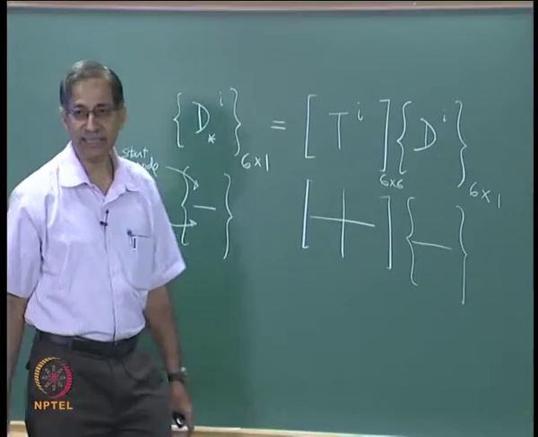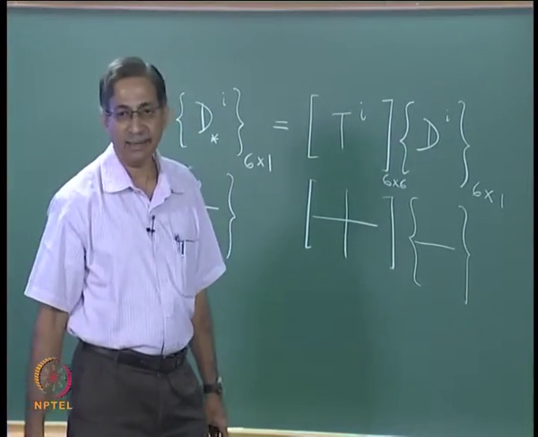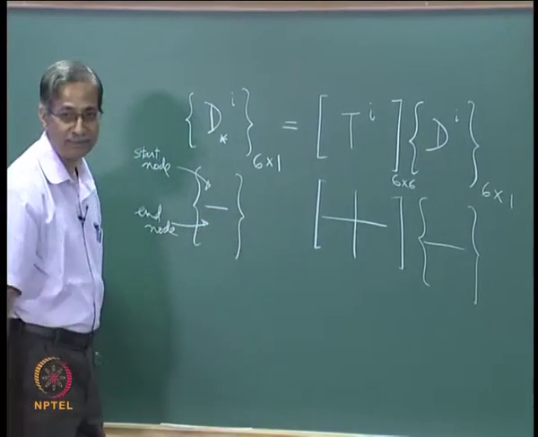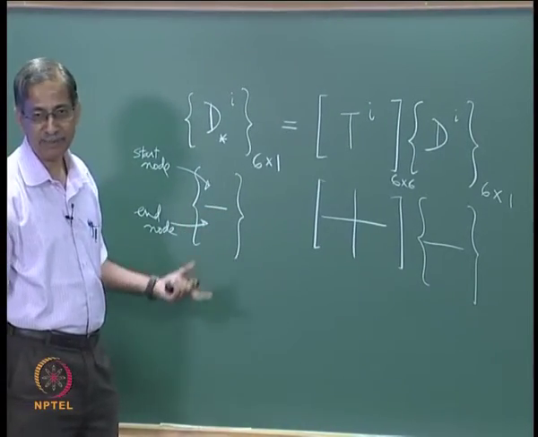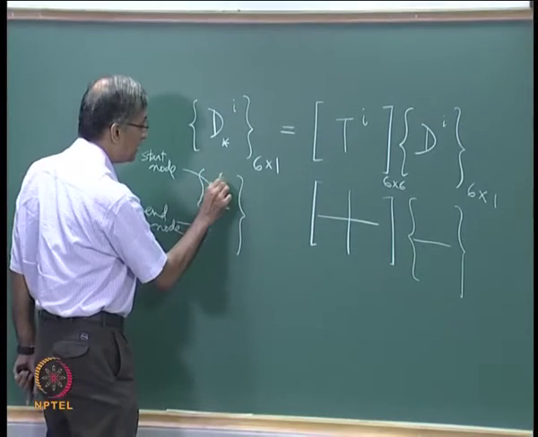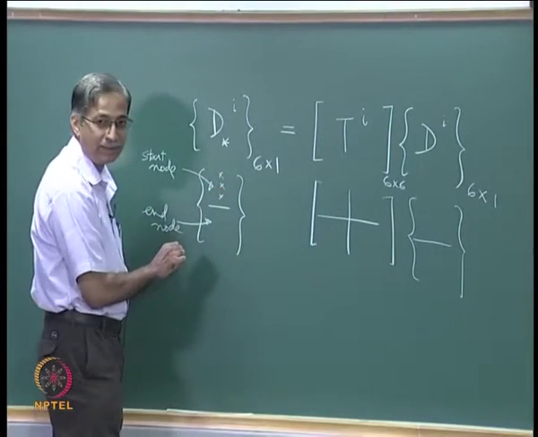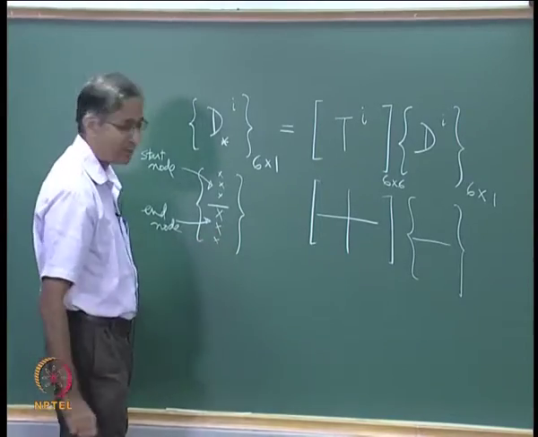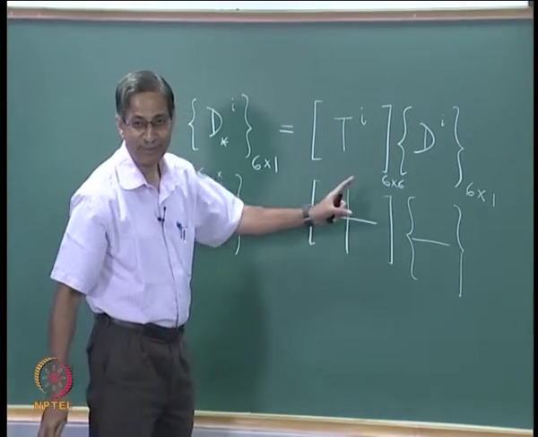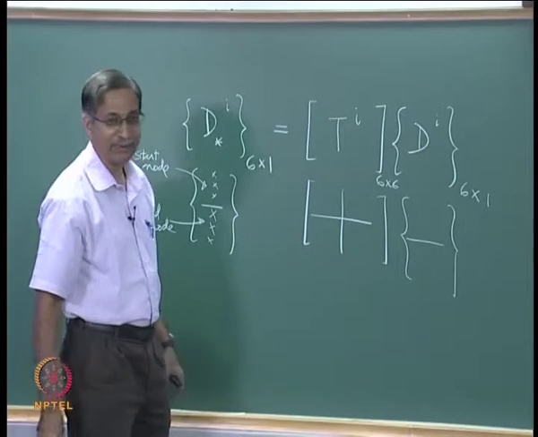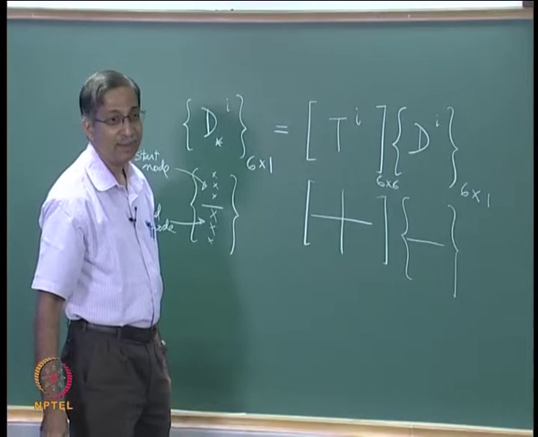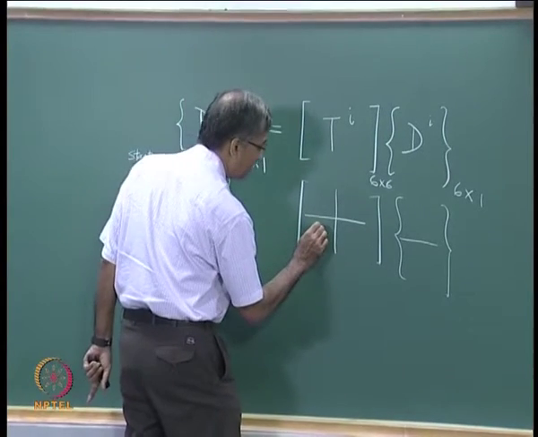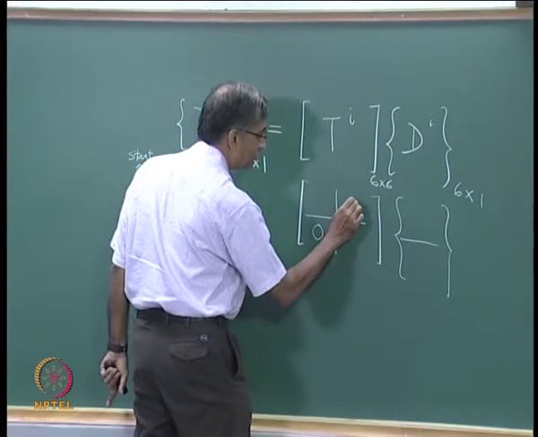Because you are following a stiffness formulation, will there be any relationship between this and this? They are independent. Actually, this is independent with this, and this whole thing is independent with these. So you will get some zeros somewhere here, no? So which will be zeros? Yeah, so the off diagonal matrices will be null matrices,